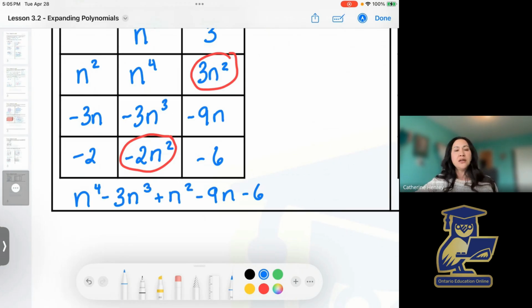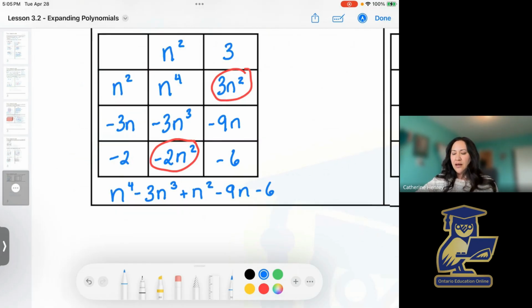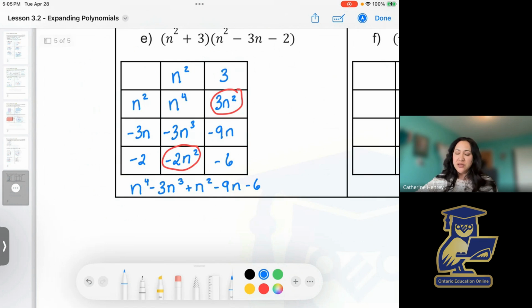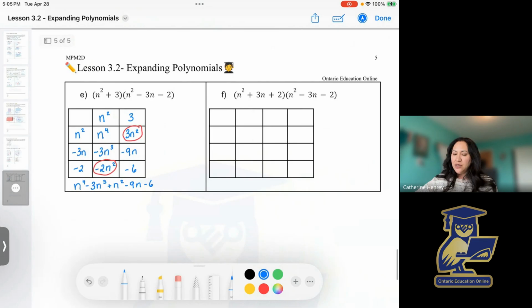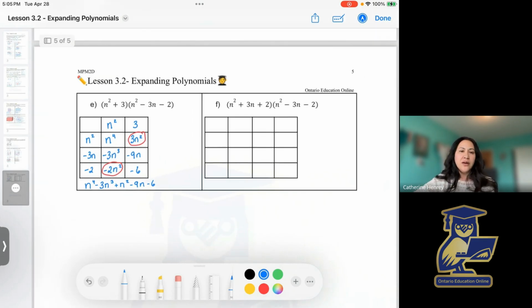So I'm not sure if you're more comfortable with the box method because you're more visual, or if you want to just do the multiplying terms of the first bracket by the terms of the second bracket. Again, I'm still visual, so I still use all those lines. But anyway, that is up to you. Decide what suits you better, and